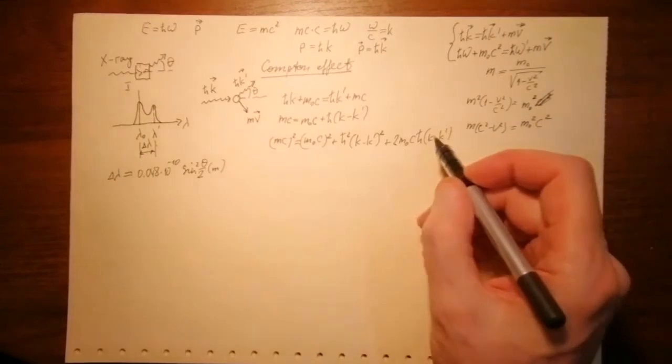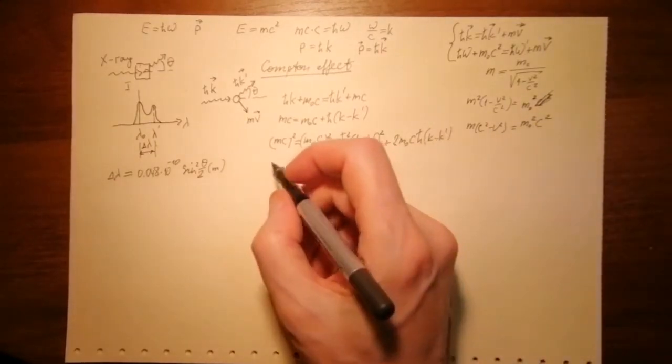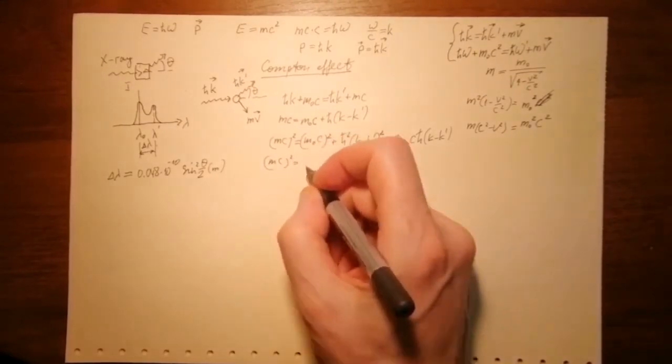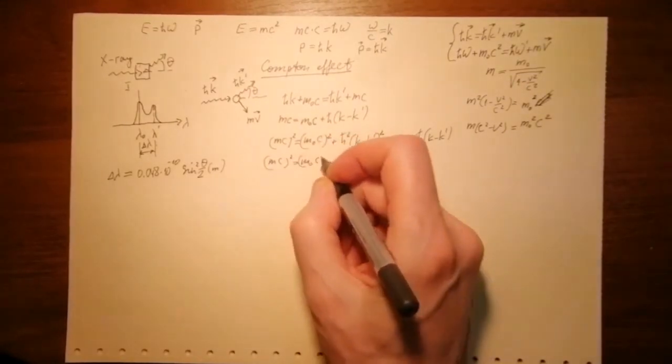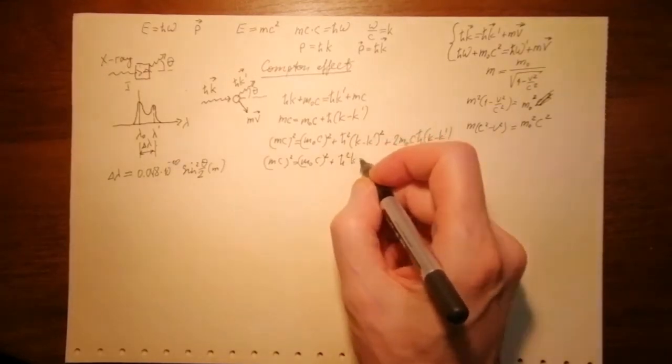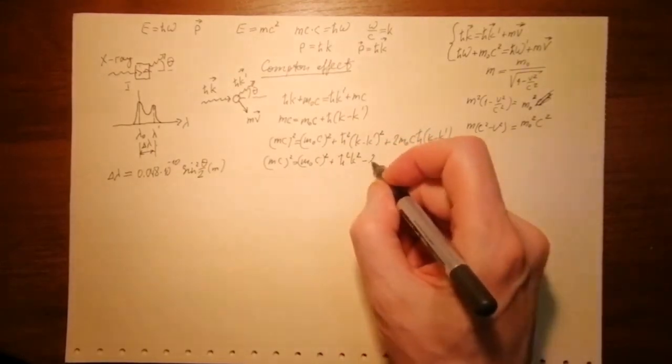Now we can open this parenthesis, and then mc squared is m0 c squared plus h squared k squared minus